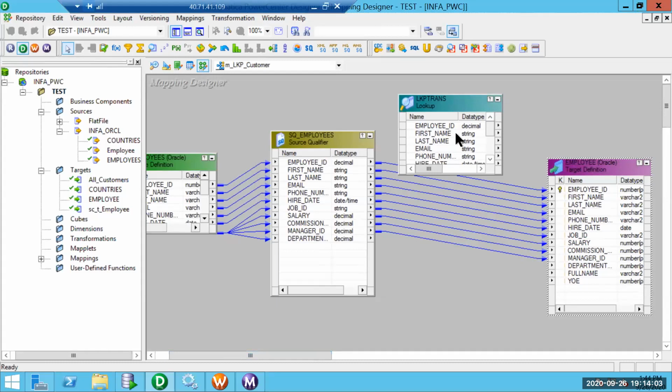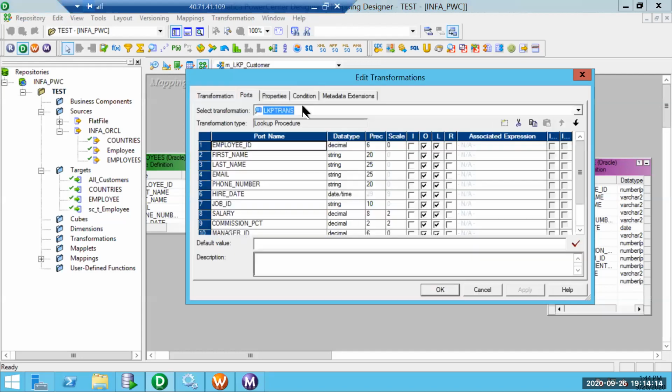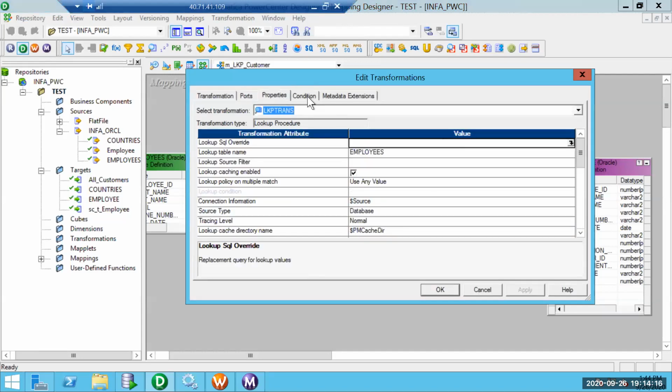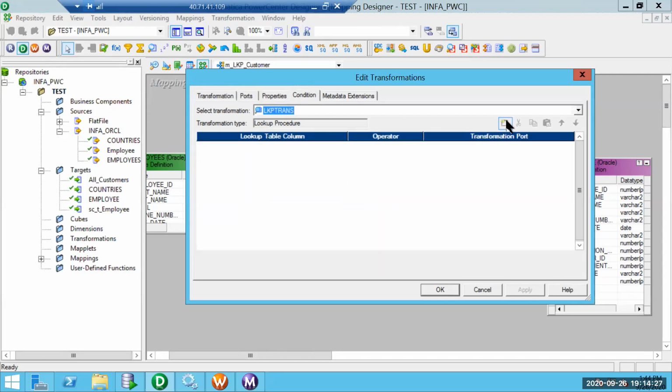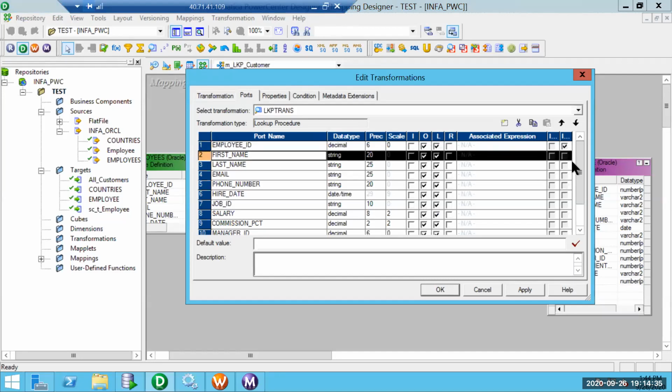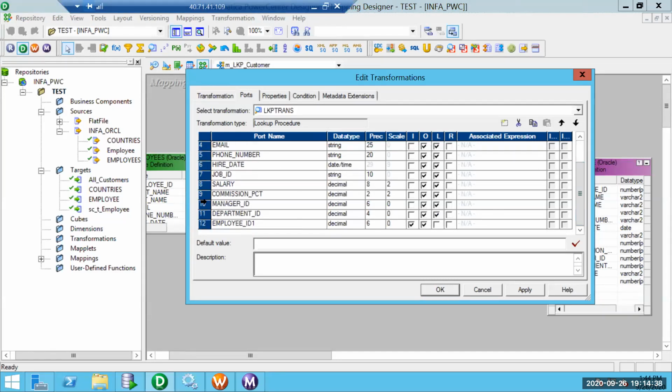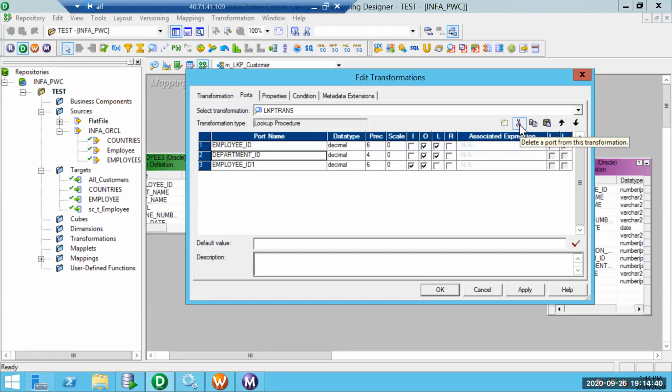The difference is that passive means the same number of rows go into the transformation and come out of it. If there is any increase or decrease, then it is called an active transformation. In this case, since we are only interested in manager ID, I am trying to delete the other columns.